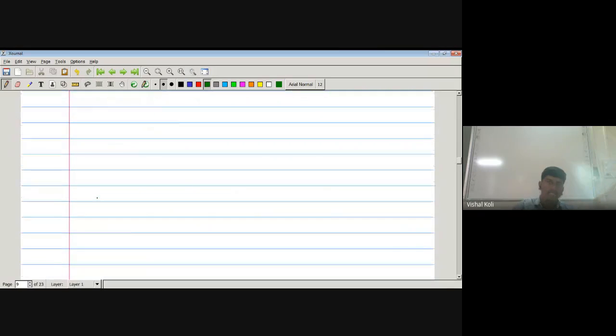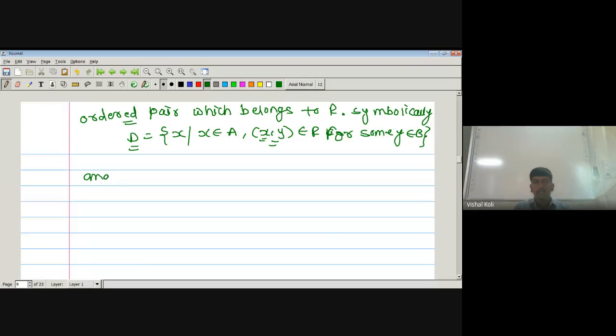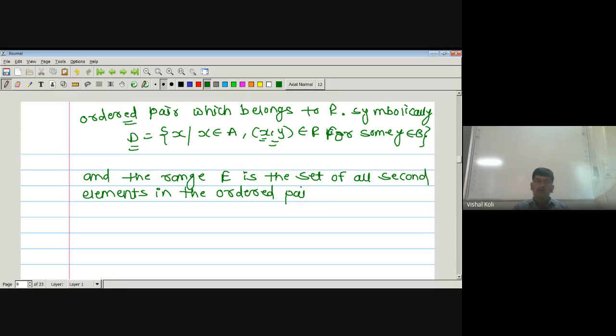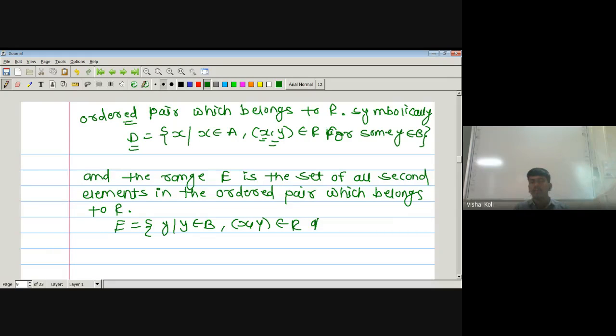Okay. And now the range E is the set of all second elements in the ordered pairs which belong to R. The set of all first elements of the ordered pairs which belong to R is the domain, and the set of all the second elements in the ordered pairs which belong to R is the range E. Symbolically, range E is the set of all y such that y belongs to B and (x, y) belongs to R for some